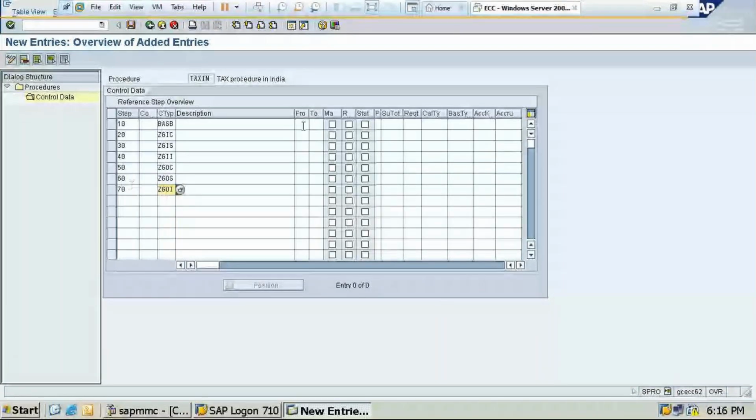So here I have to give 10. Here I have to give 10, and the same for each of the remaining rows. Okay. After this,